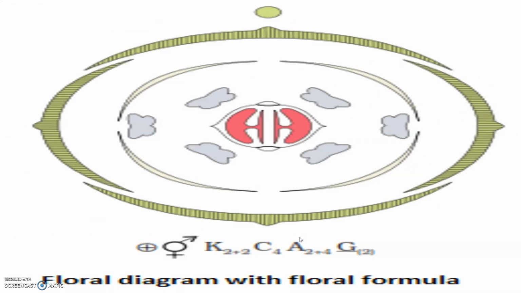Now, this is the floral diagram with the floral formula. There is a semi-technical description of a typical flowering plant. Various morphological features are used to describe a flowering plant, and the description has to be brief, simple, scientific, and in a proper sequence. So, the plant is described beginning with its habit, vegetative characters, roots, stems, and leaves, and then the floral characters like inflorescence and flower parts.